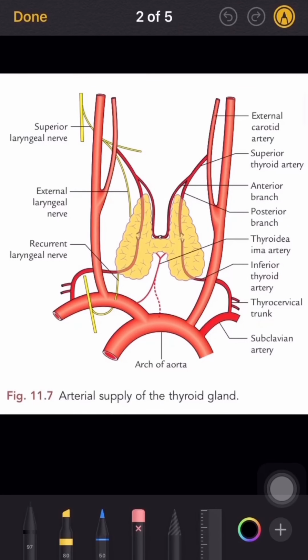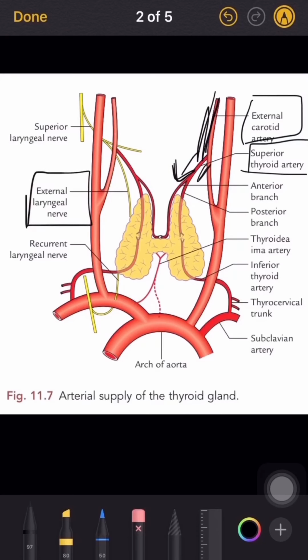So now we'll begin with the arterial supply of the thyroid gland. So the first important artery is the superior thyroid artery, as you can see here. This artery is a branch from the external carotid artery, and as it goes downwards, it has a relation with the external laryngeal nerve. That means it accompanies this nerve, and then as they come closer to the pole, these